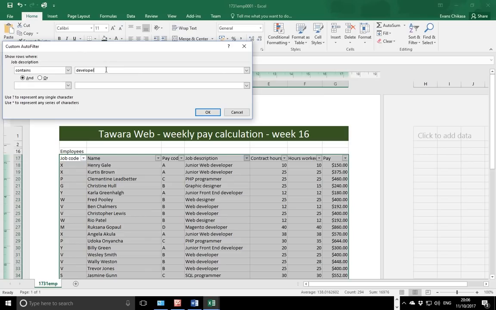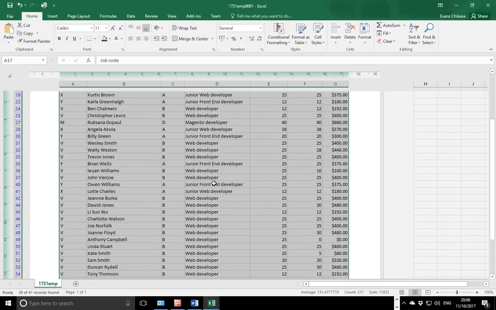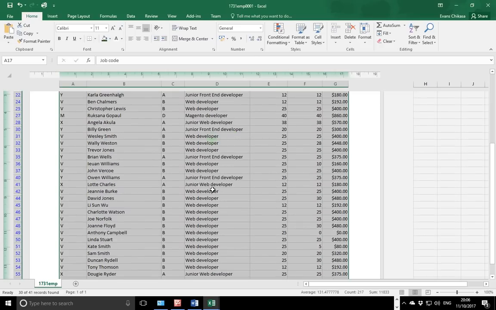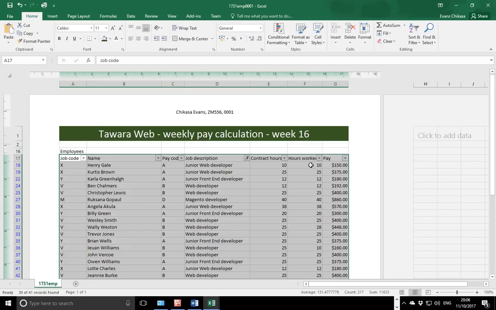Okay, so this one should contain developer. Make sure that the spelling for developer is correct. Okay, so contains developer, and you notice that what has now been listed is what contains developer. Next is that